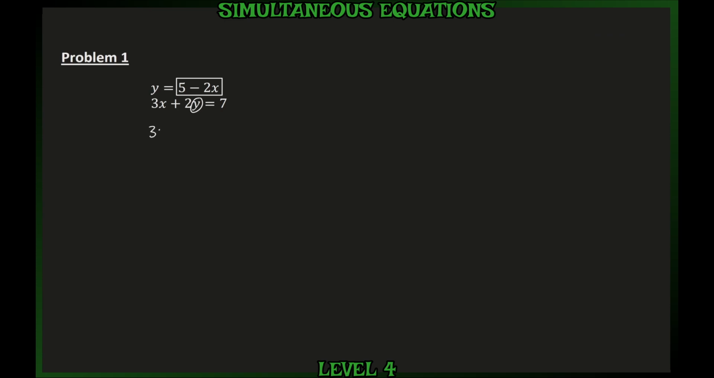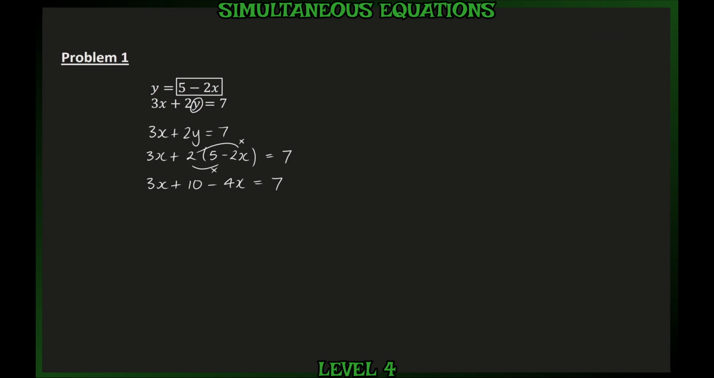So the second equation, 3x plus 2y is equal to 7, becomes 3x plus 2 times, and we can now replace the y with 5 minus 2x from the first equation, and that's still equal to 7. Now this equation just has x's in, we can solve it normally, and we can start by expanding the bracket. So this becomes 3x plus 2 times 5 is 10, and 2 multiplied by minus 2x is minus 4x, and